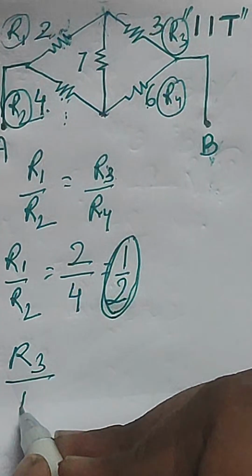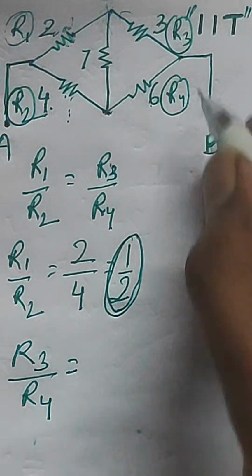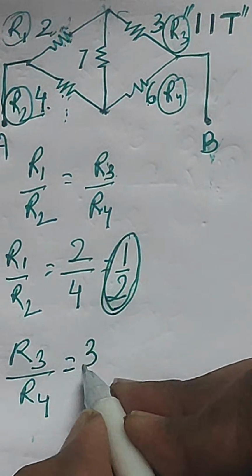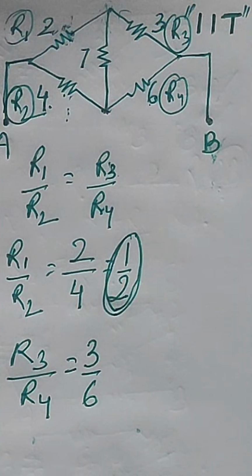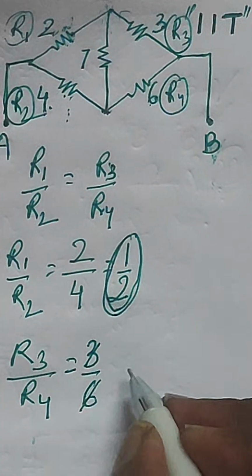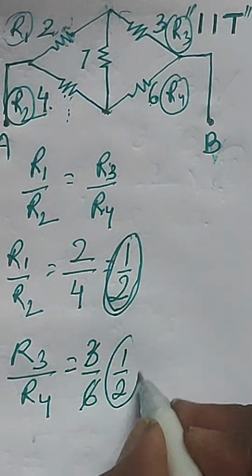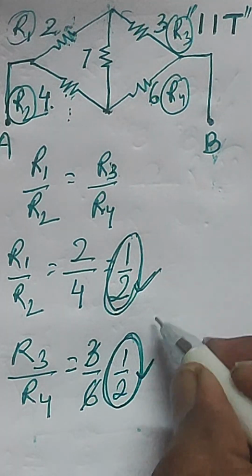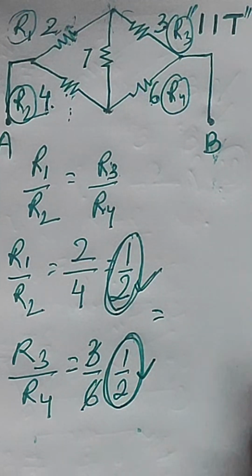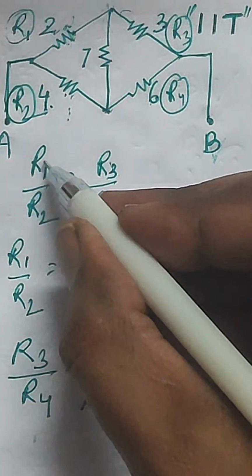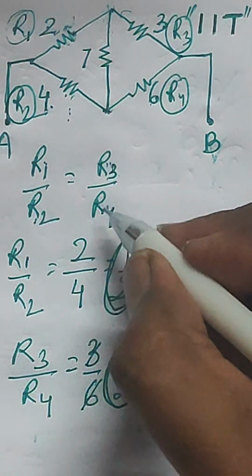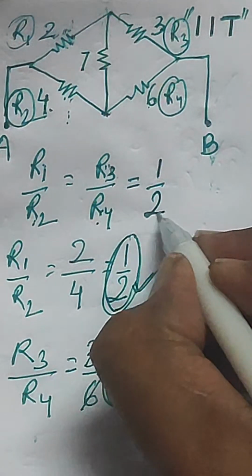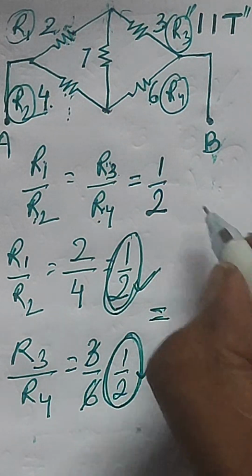R3 by R4 will be nothing but the ratio of 3 to 6. So this is 3 by 6, which is further simplified as 1 by 2. So you can see this 1 by 2 and this 1 by 2 are both equal, so we can say that the ratio of R1 by R2 and R3 by R4 are both equal to 1 by 2. So we can say this is a